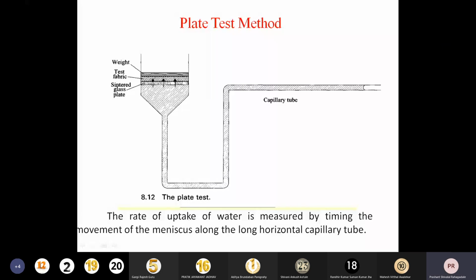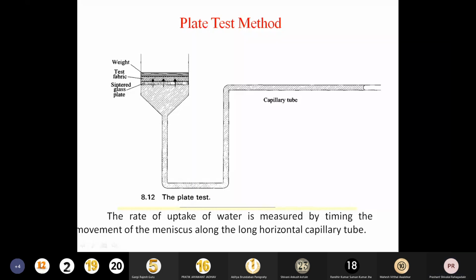That test is called the plate test, and this plate test consists of a horizontal glass plate which is called a horizontal sintered glass plate, meaning that the glass has small openings, छोटे छोटे वहाँ होल्स होते हैं, परफोरेटेड नहीं बोल सकते उसको, लेकिन कुछ अपर्चर्स उसमें हैं in that glass. So we are using a horizontal sintered glass plate